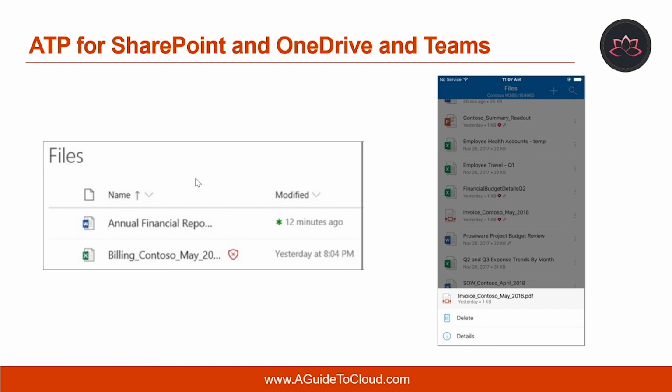When a file in SharePoint Online, OneDrive for Business, or Microsoft Teams has been identified as malicious, ATP directly integrates with the file stores to flag that file. This is an example image which shows a malicious file detected in a library. Although the blocked file is still listed in the document library and web, mobile, or desktop application, the blocked file cannot be opened, copied, moved, or shared. And this is an example which shows how it looks on a user's mobile device.